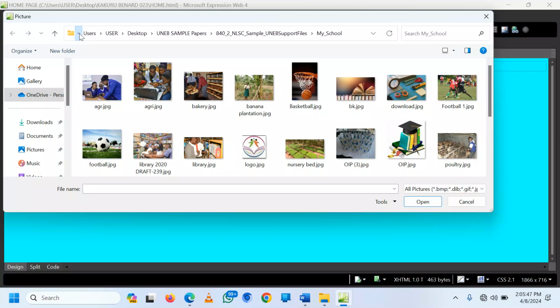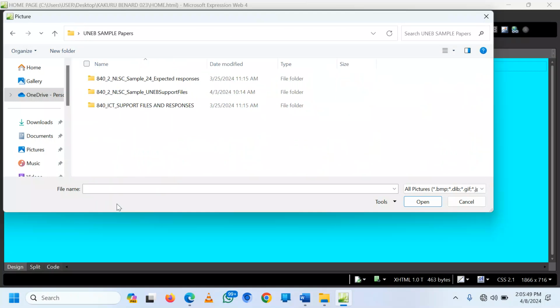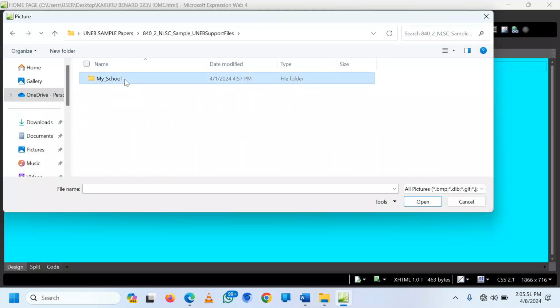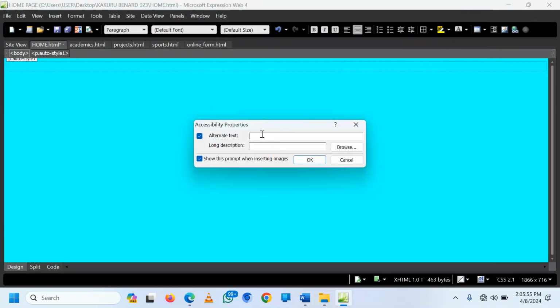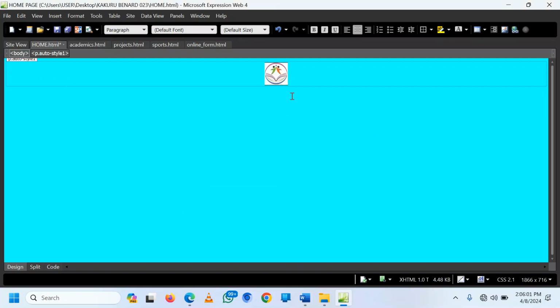These are on the desktop: UNEB sample papers, support files, my school, and I look for the logo. I can rename it and say logo, or even though you don't write anything, so I click OK. The logo is here. I'm going to still call this the same name. Let me call it Excel